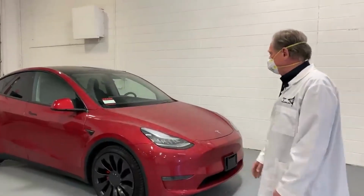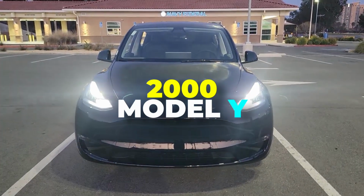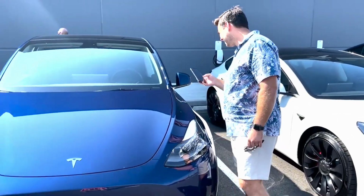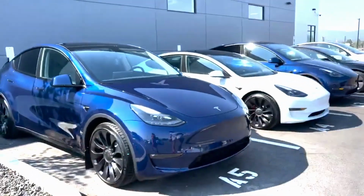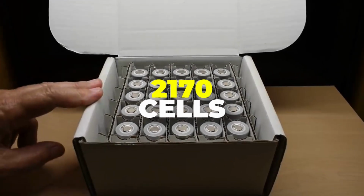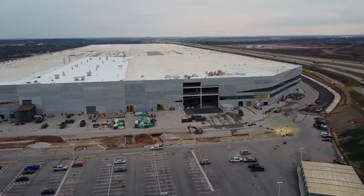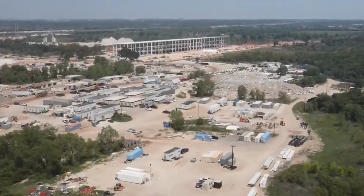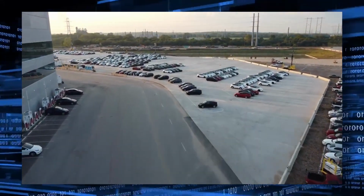Moreover, according to another source, Tesla can now produce at least 2,000 Model Ys per week at the plant, thanks to the addition of the Model Y long range. Some Model Y long range buyers taking delivery from Gigafactory Texas are being told by Tesla advisors that the vehicle is equipped with 2170 cells rather than the new cell format. Recent drone flyovers of the factory reveal that Tesla produces hundreds of cars per day. For example, Joe Tegtmeyer's flyover from Monday, June 27th, shows Tesla with more than 300 Model Ys for delivery in